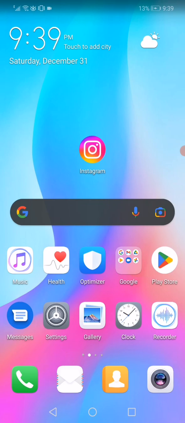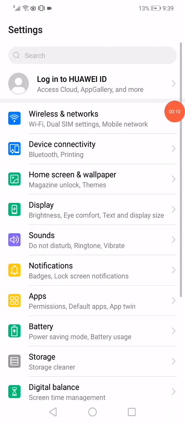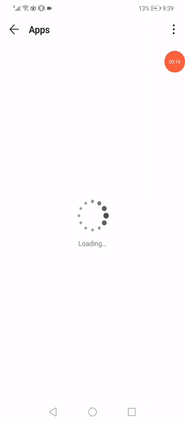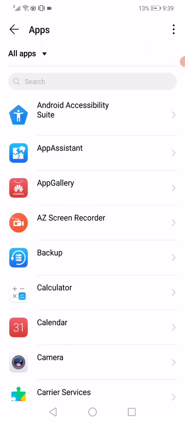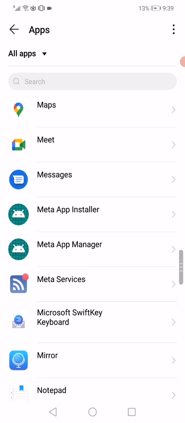Hello guys, all you have to do to fix this problem is open the settings on your phone and then go to the apps manager. Go to the apps right here, and then you have to wait a few seconds. It will start loading all the apps that you have on your phone, and then scroll until you find the